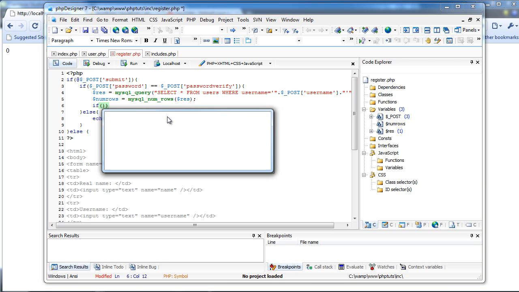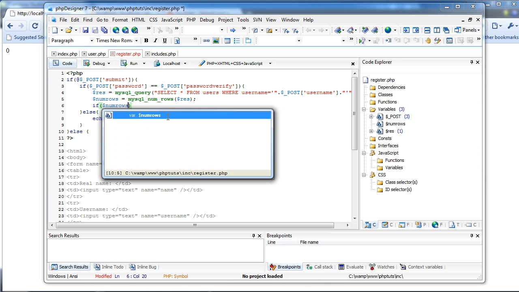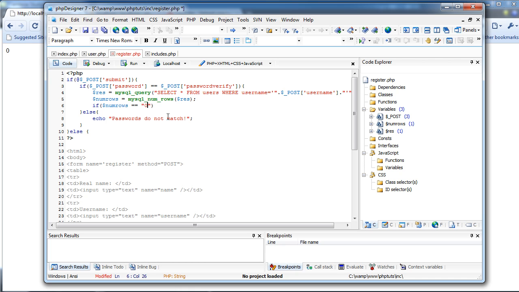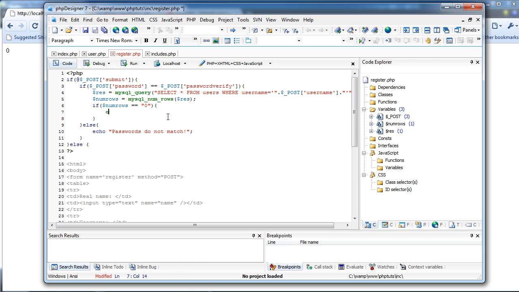So we're going to say if numRows equals 0, echo, we can continue. Else,